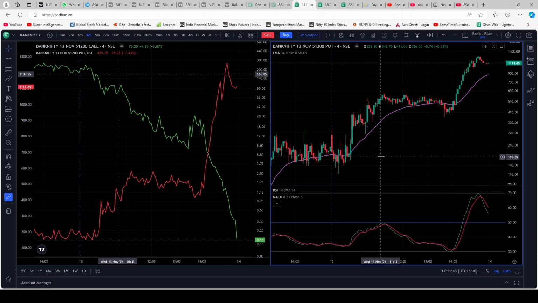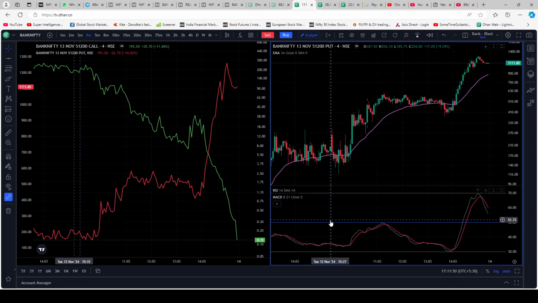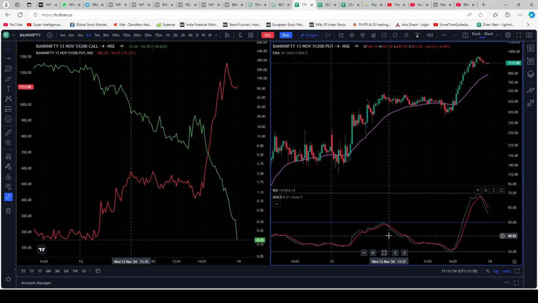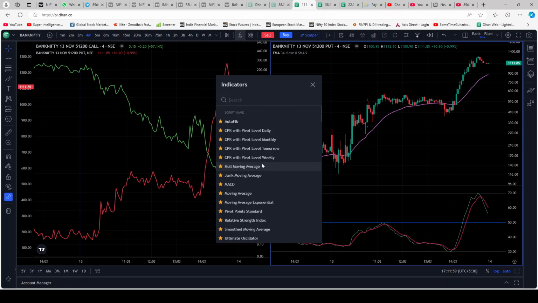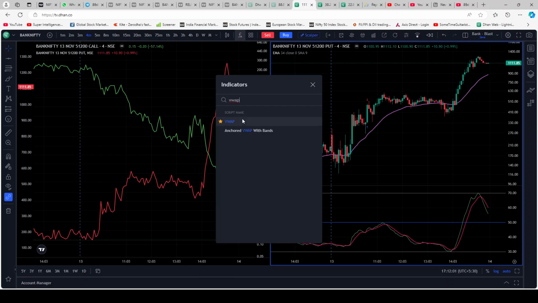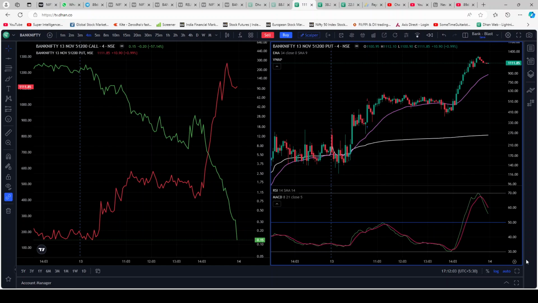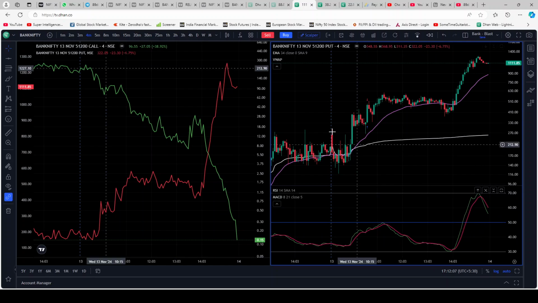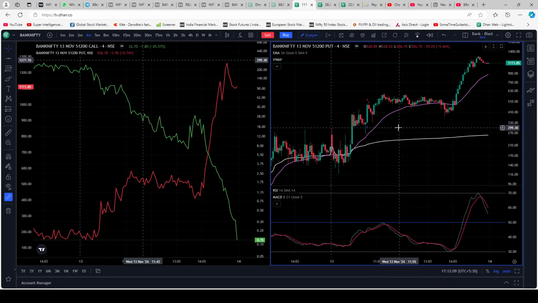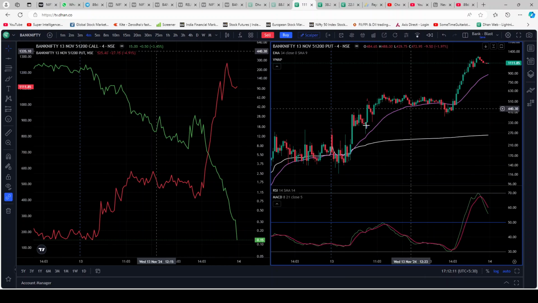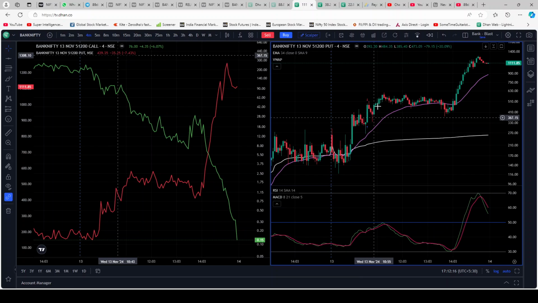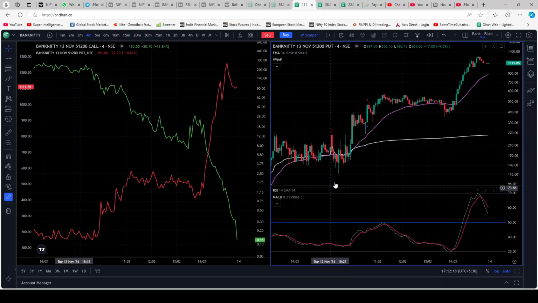So for me, EMA 34 works on top, and RSI MACD at the bottom, with the settings that I've just shown you, works. Somebody also mentioned that you can use VWAP. I agree with him. If you just use VWAP in its default settings, it'll look like this, and above the VWAP is positive, below the VWAP is negative. Since I'm watching puts on the right hand side over here, so for me, puts on top as the puts are going up, since it's a day of fall, so above this is a good buy for me,